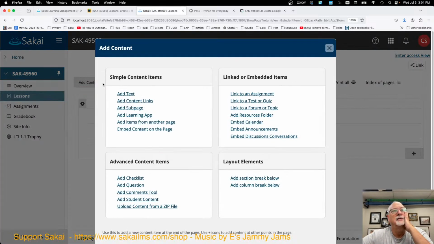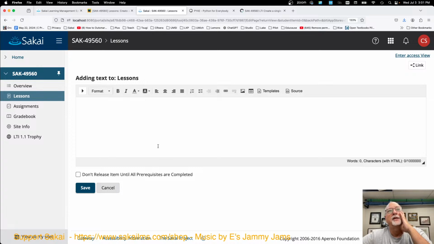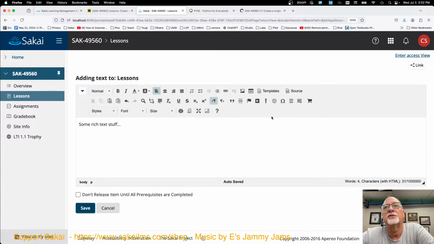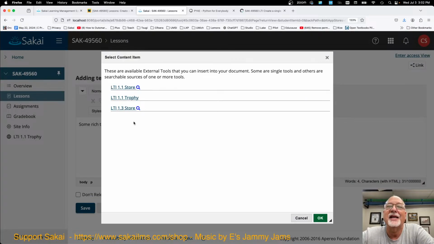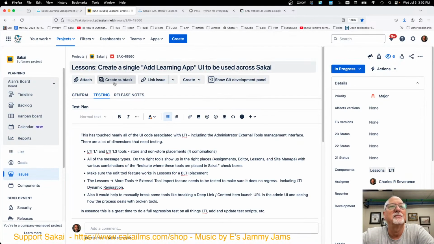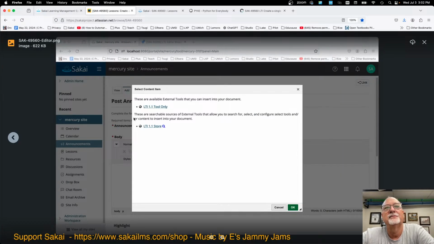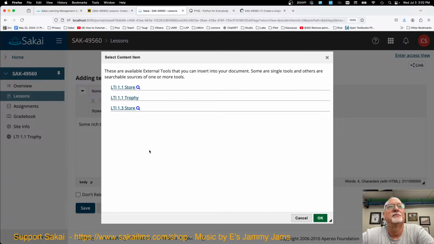So let's add, is it a text block? Let's see what we do when we add a text block. There we go. Okay, so this is some rich text stuff. And then we're going to go to the shopping cart. So another bit of code that got a lot of change is the shopping cart code. And so this now looks exactly the same. In the old days, if we go back to the JIRA, it looked more like this. I don't like this text. I didn't like the fact that there were two of them. I didn't like the fact that there were LI dots. Now it's simple. And so we should be able to place an LTI 1 trophy, and it'll be the flow